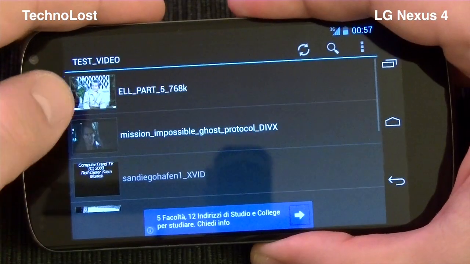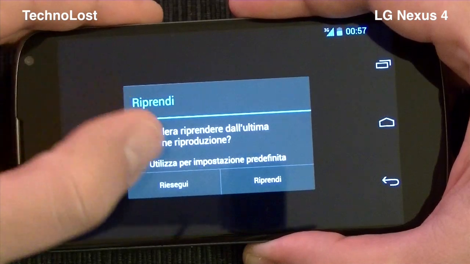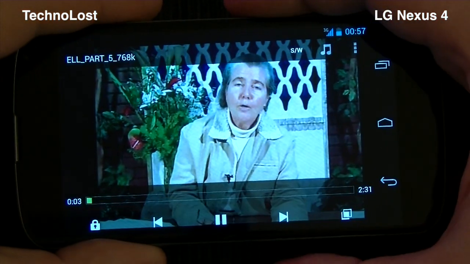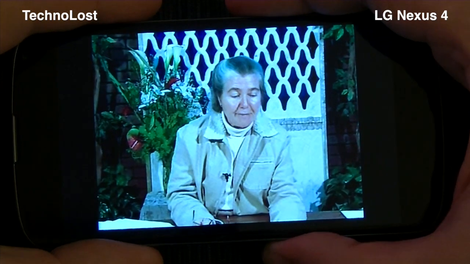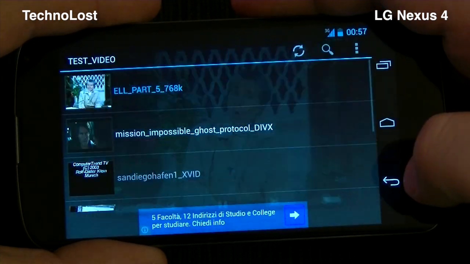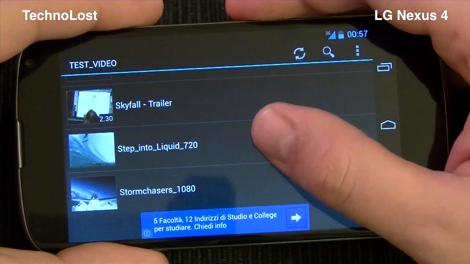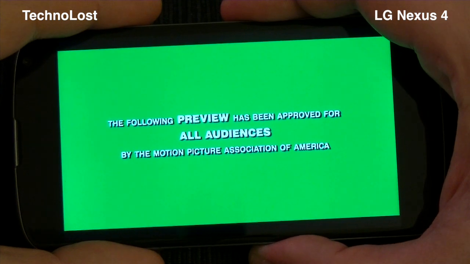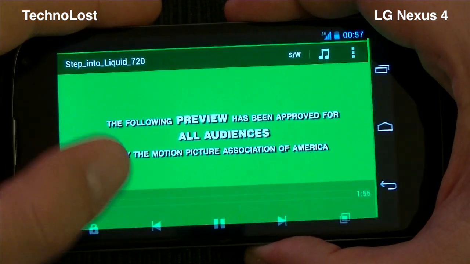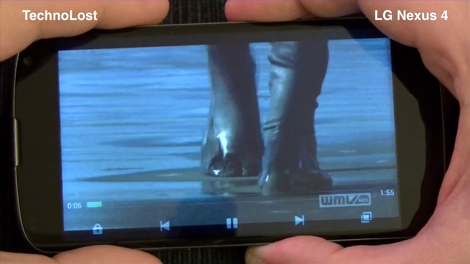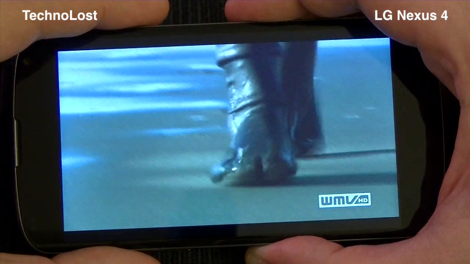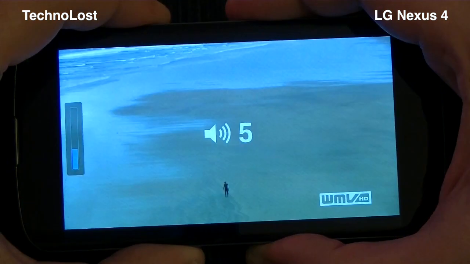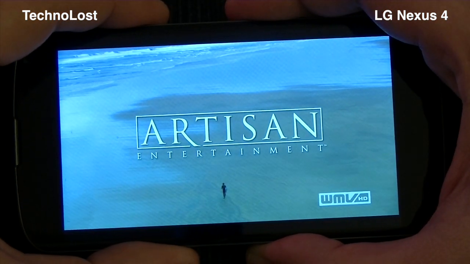And we can reproduce the Windows Media Video file. This is a 480p, but we just have software acceleration. Speaking about Windows Media Video, we can reproduce both 720p and 1080p, but both with just software acceleration. So if this is not a problem for the 720p, which is quite smooth, as you can see,